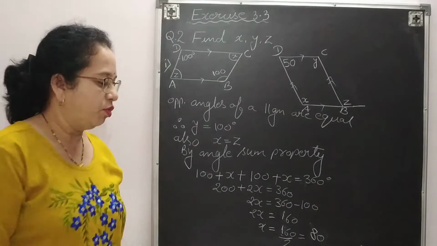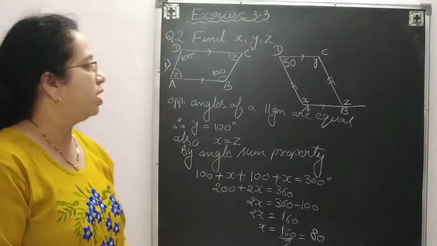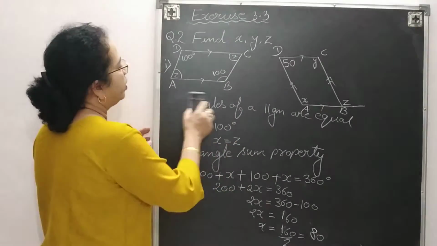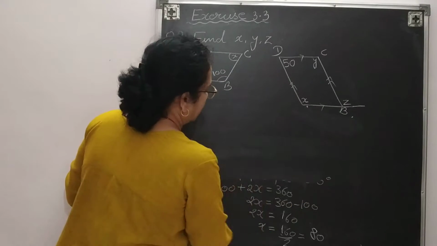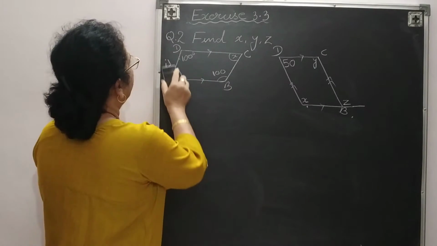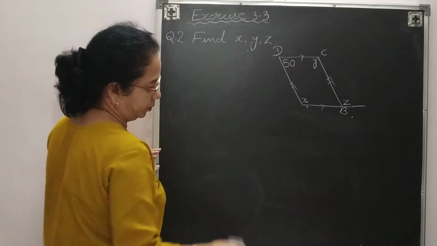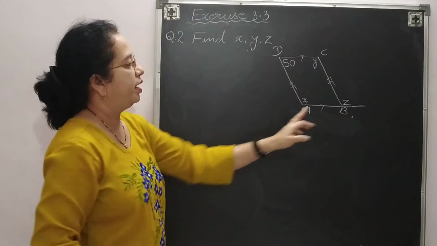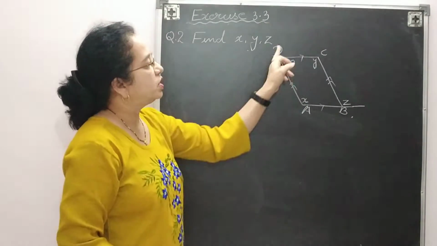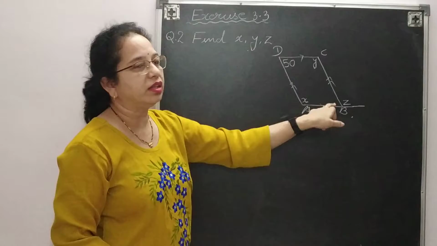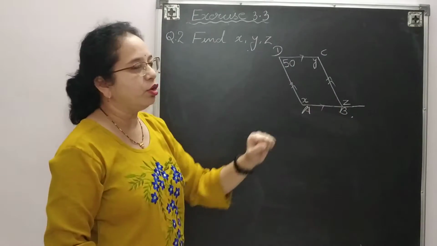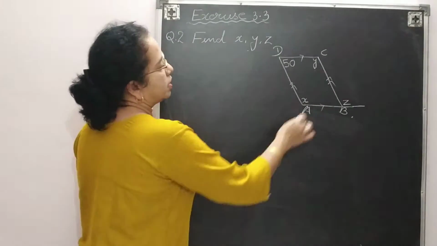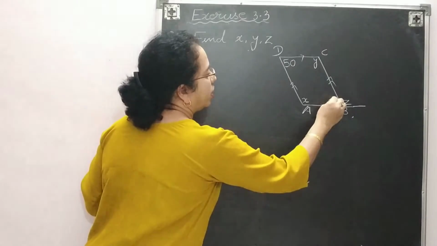Now same thing we will do with another figure, but next figure I am not going to write everything. I will just explain you with the help of figure. So the second figure it is given x, y and 50 degree and z, here it is given. To use angle sum property we require this number also. Okay, so how can you find out this? By using opposite angles. So nothing is given over there, so you can write down a by your own.